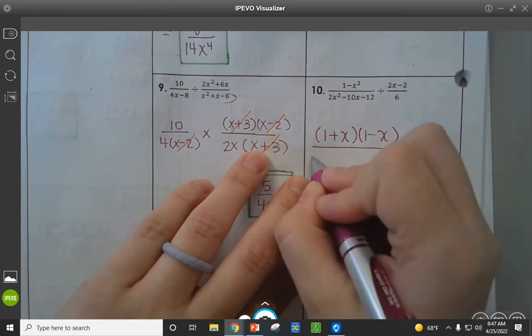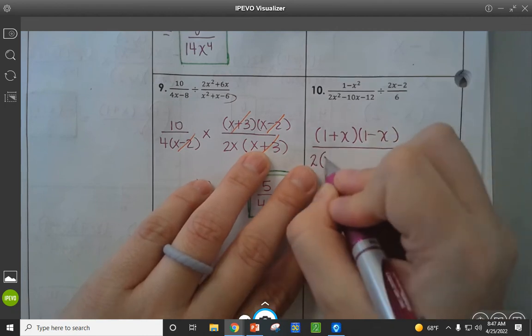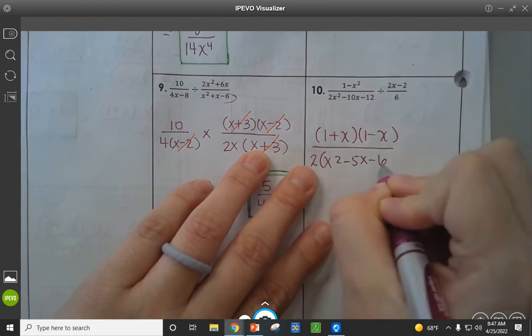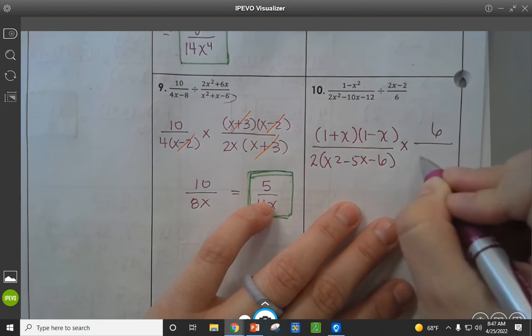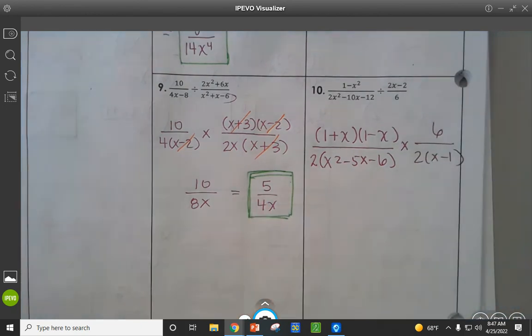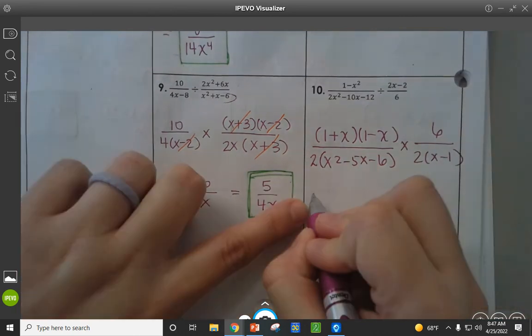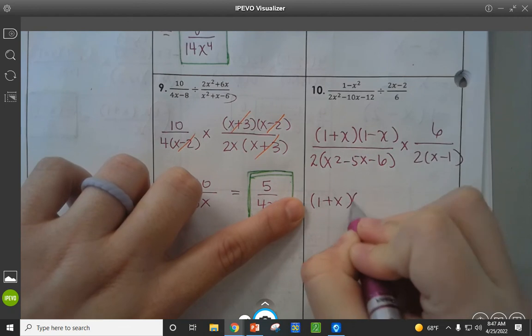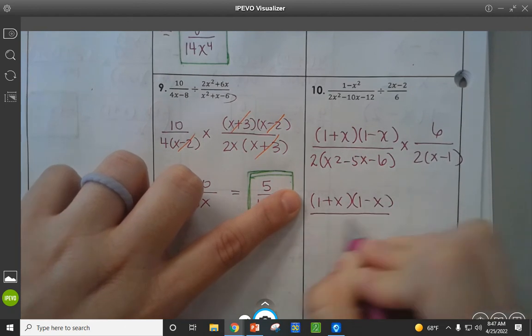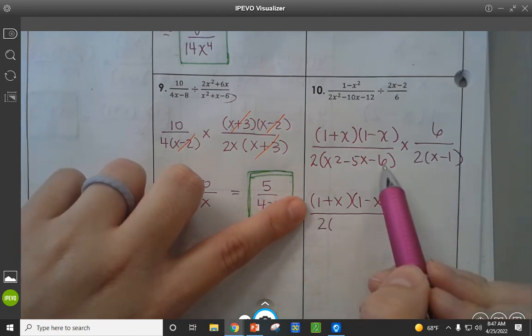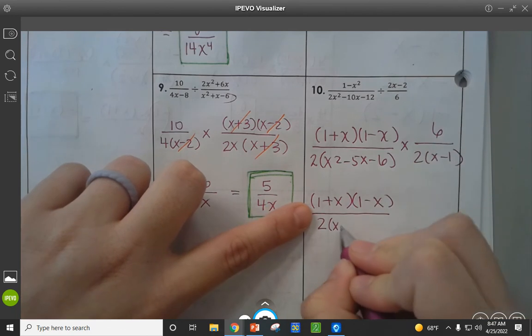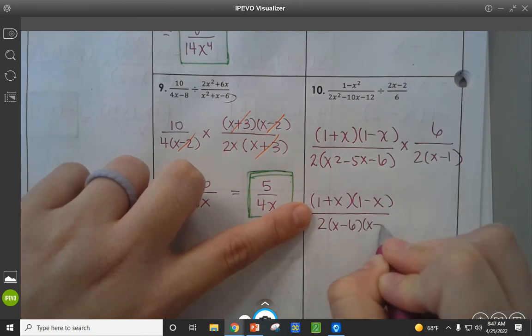And then the bottom, there was a GCF of 2 times 6 over 2x minus 1. This one down here will factor. If I do a minus 6 and a positive 1,